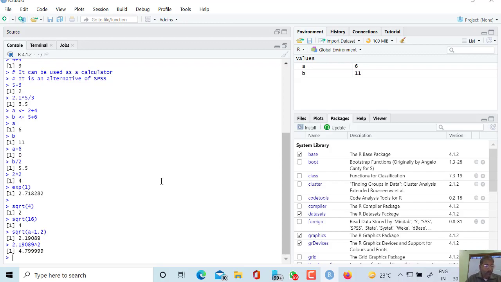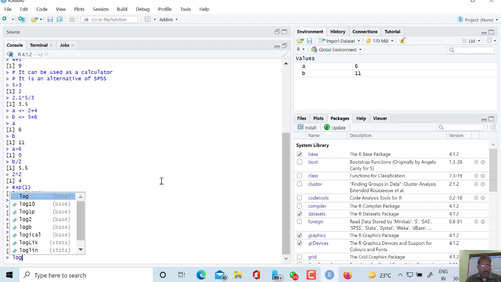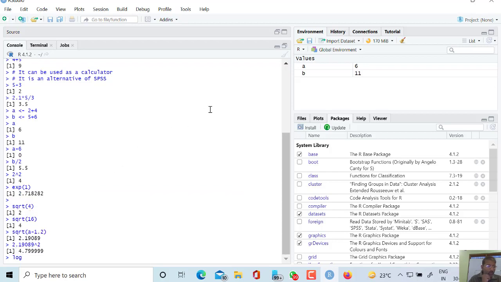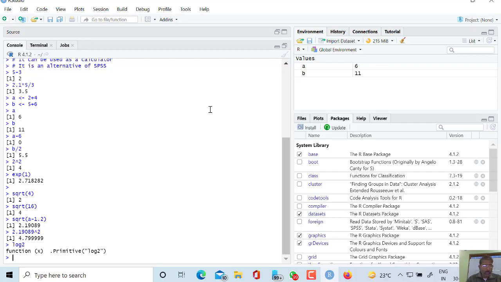Now next is the log function. The log function can also be calculated. There are so many kinds of log: log base exponential, log base 10, log base 2, and likewise you can calculate every log. For example, suppose I want to calculate log base e. So log 2, let us check what the value is.